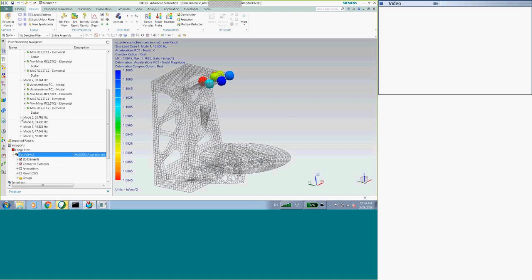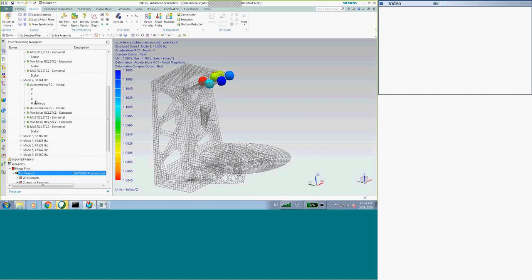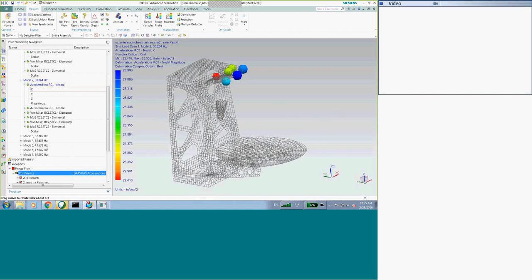I think that's done because we're using an OP2 file. This is in an X. Residual vectors.